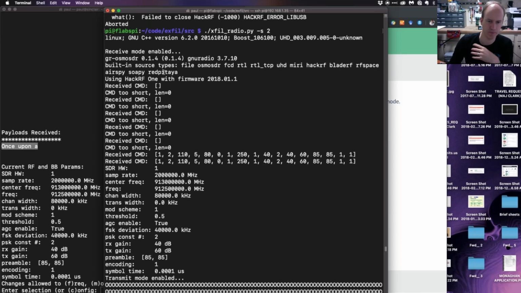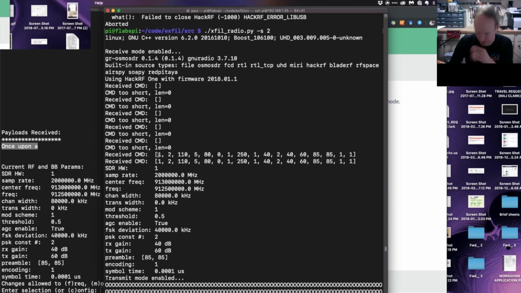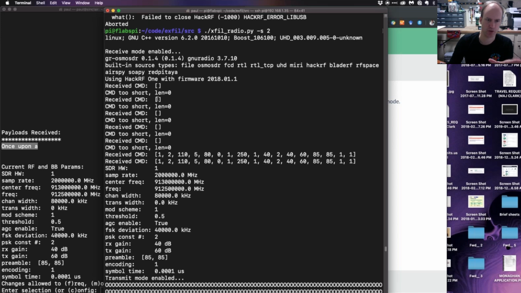And so eventually, after a few malformed transmissions, I got a valid command string here. And this is just a decimal form of the raw data that was sent from the host over to the Exfil box.